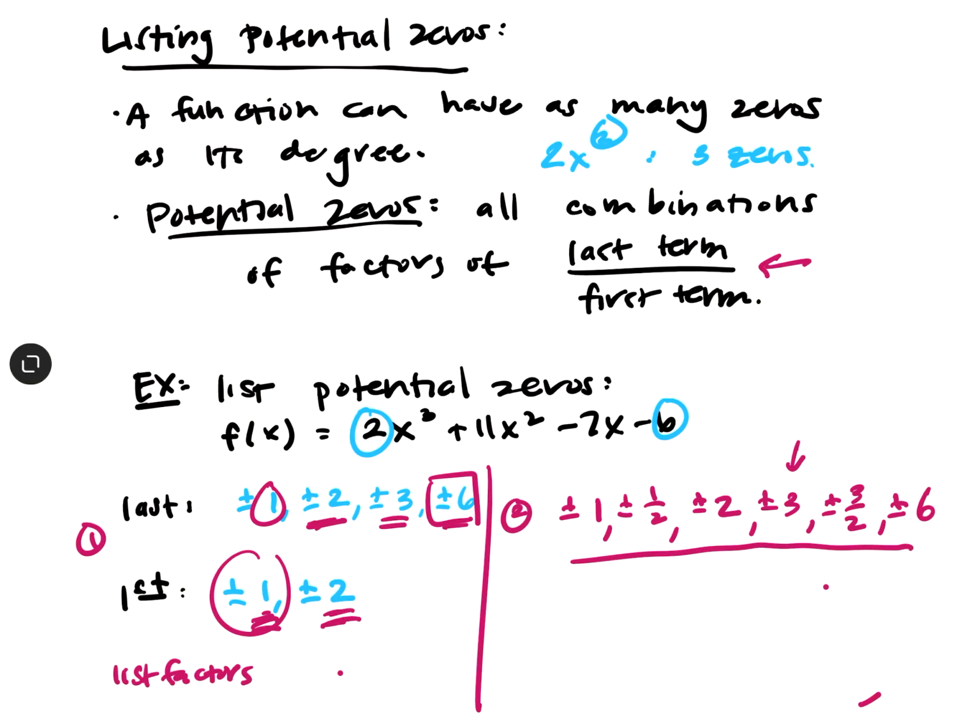Positive and negative 1, positive and negative 1 half, positive negative 2, positive negative 3, positive negative 3 halves, positive and negative 6. So this is 1, 2, 3, 4, 5, 6, and then the positive and negatives for each of them. So there's 12 different, you don't have to write this down, but there's 12 different possible zeros. Right? Some might have less, some might have more, but in this case we have 12 different ones. So the positive and negative counts as 2 different ones, each of them. Okay, so that's it. It's kind of a lot, but it's